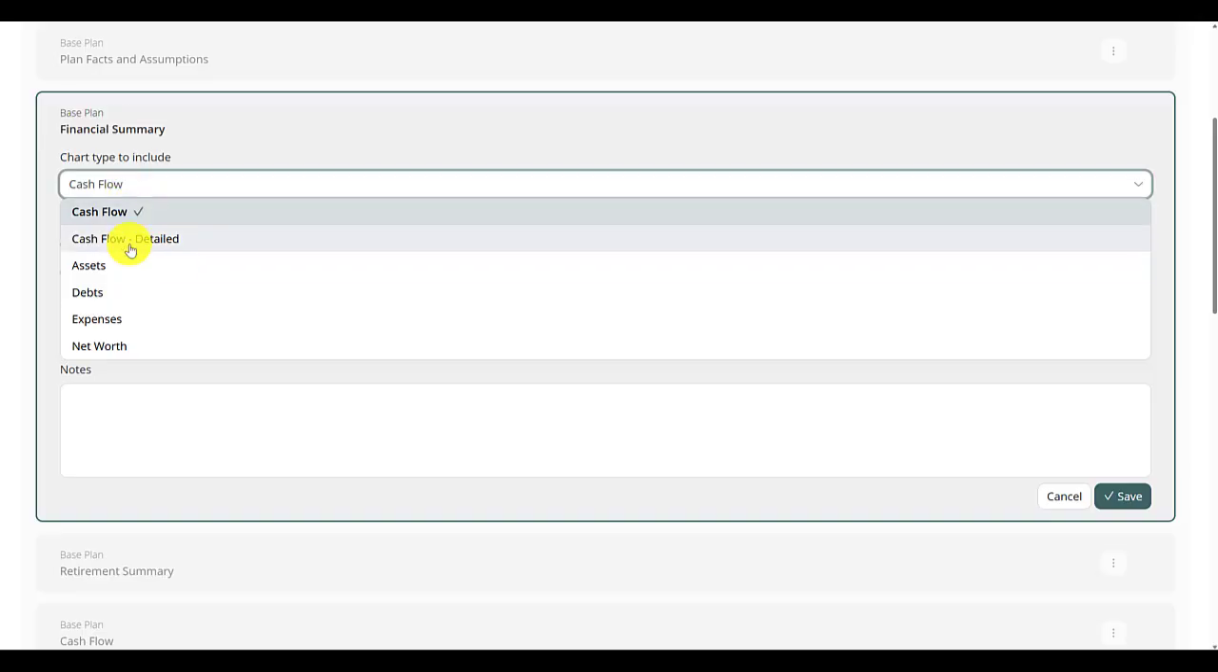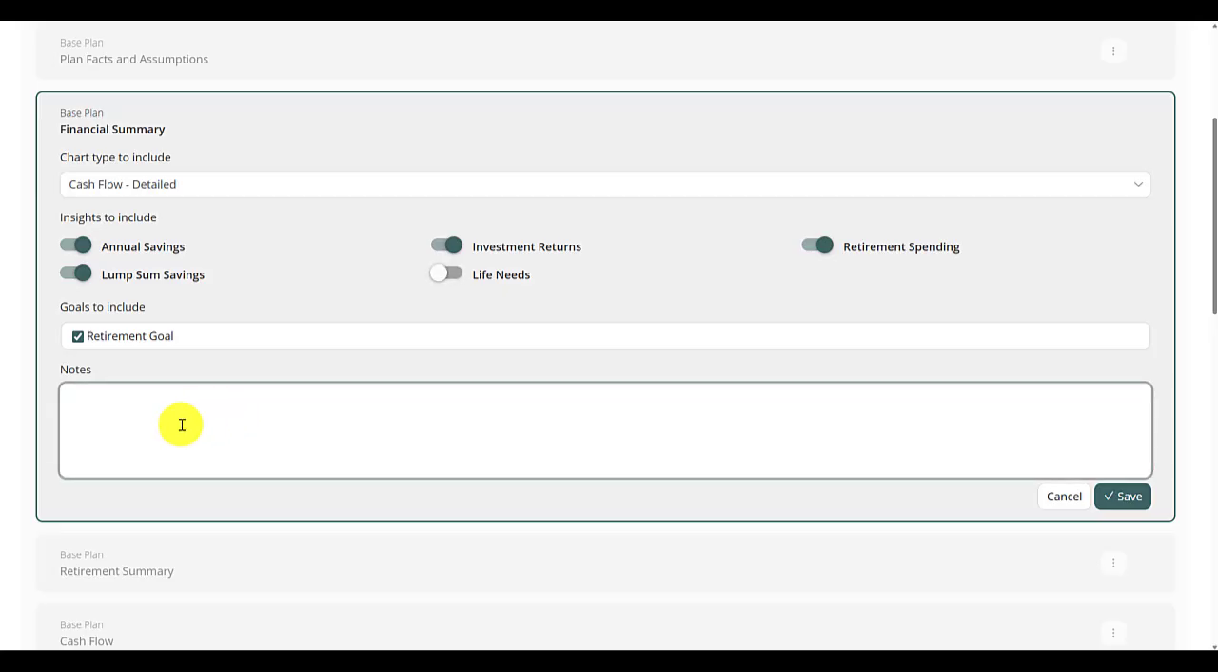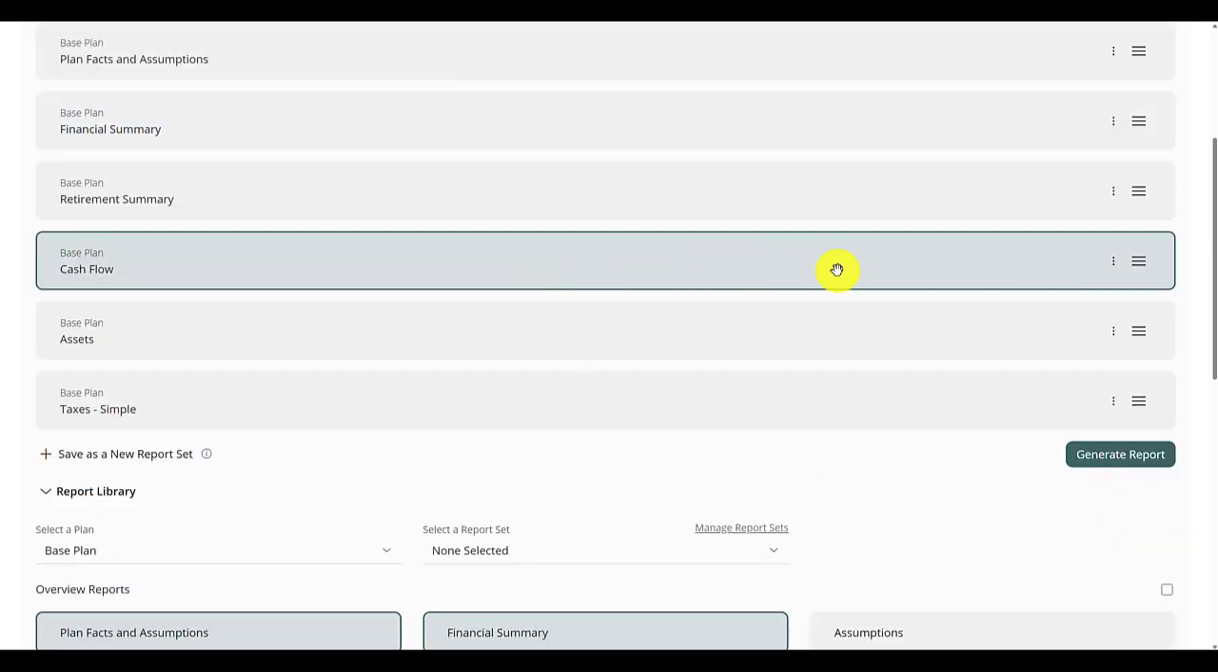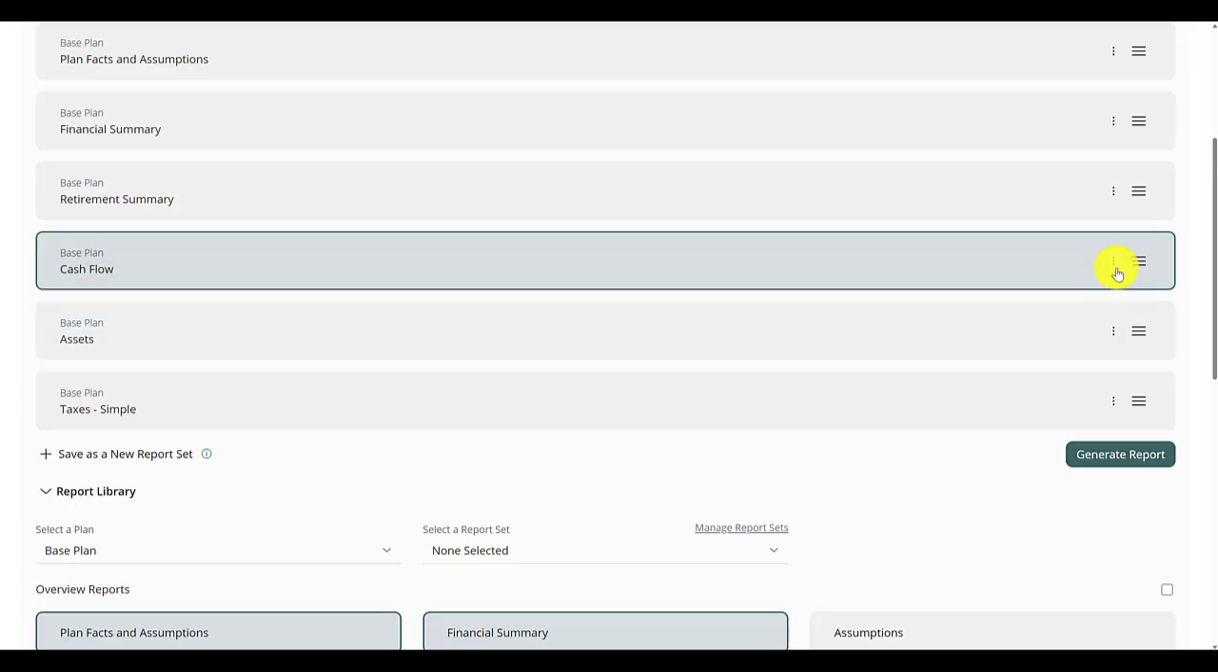You could change the chart type if you'd like. You can turn on or off different insights that are included, and you can include notes down here at the bottom for your clients to see. I'm going to save that, and then for our detailed reports, like our cash flow report, for example,